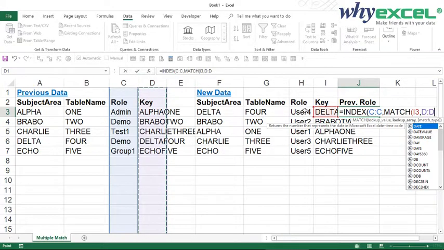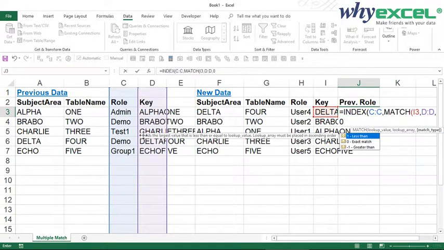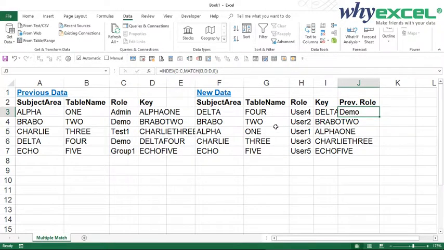So whatever we are looking at is always going towards the previous data or the master data you have. And comma, use 0 because I want to match exactly the same, and double close parenthesis and enter. You're able to get the result easily, and I can double click on the fill handle, and it will copy the whole thing downward. This approach is very easy to maintain. However, to get used to this kind of method, it will take a while and practice.